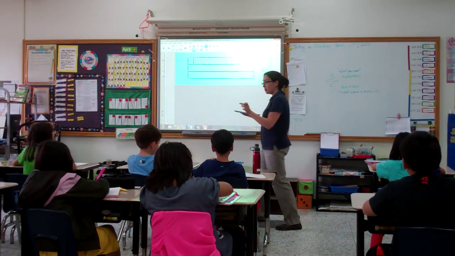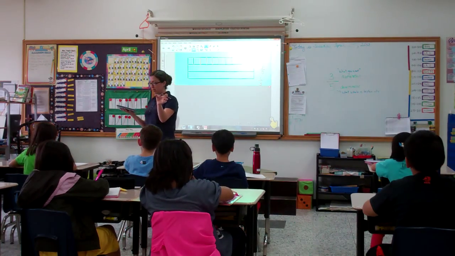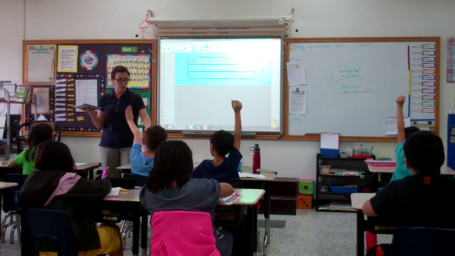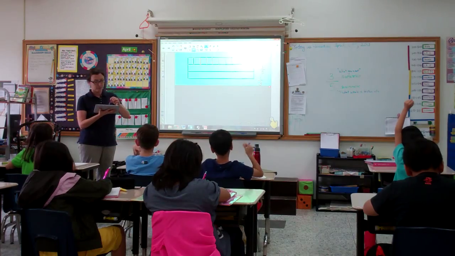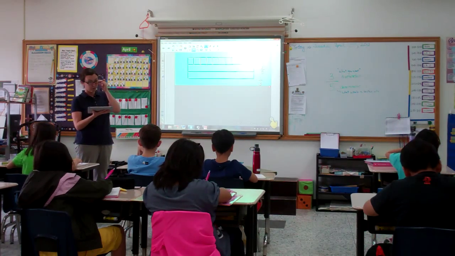Good. Now, why are you guys all making your rectangles the same length? Because you guys drew them separately, but you still made them the same width. Harrison, why do you have to do that? Because if you try to